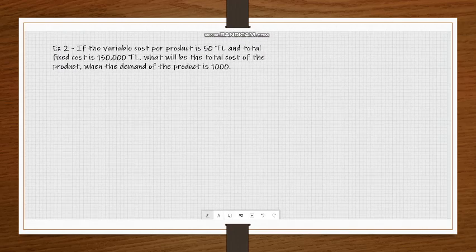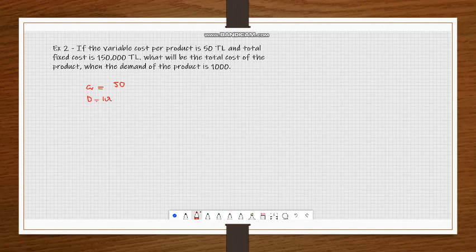Let's fix here. As we see, the small CV, which is the unit price of the product, is 50 and demand is 1,000. So we can define the variable cost, which is the CV multiplied by the demand, which is 50 multiplied by 1,000, right? So it's going to be 50,000,